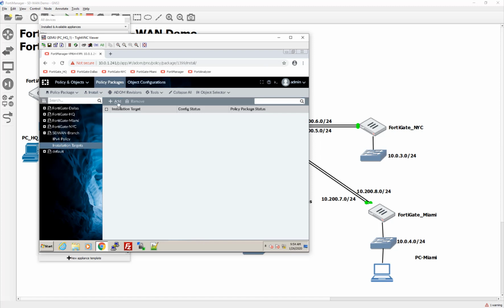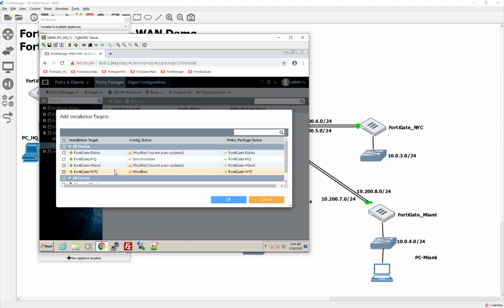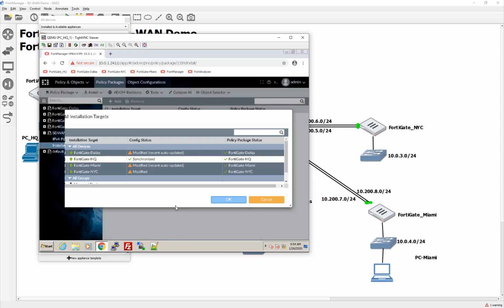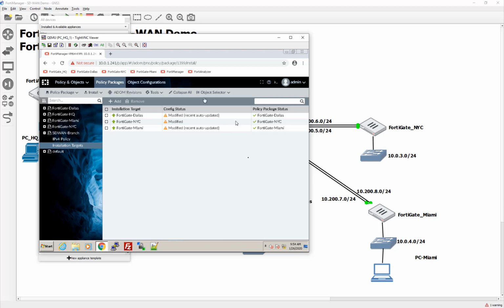Let's go to install targets. And like I said, we'll just do the branch offices for right now. Okay, so 1, 2, 3. And the reason why it's saying modified, guys, is because all of these settings are being applied to the FortiManager's device database and not to the actual device until we hit OK. So once we hit OK, though, they'll now be a part of that